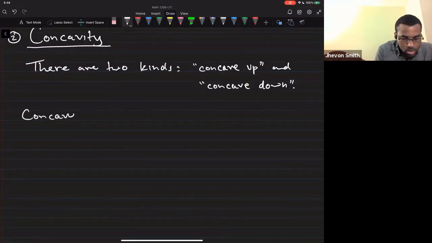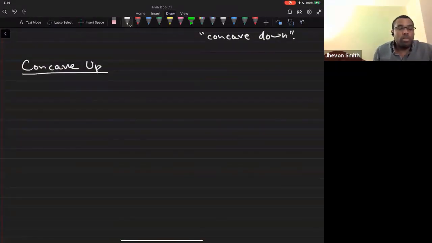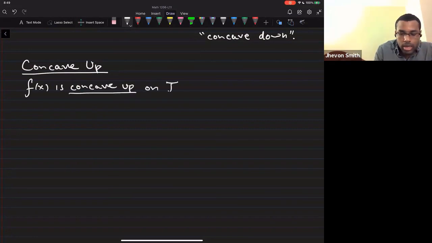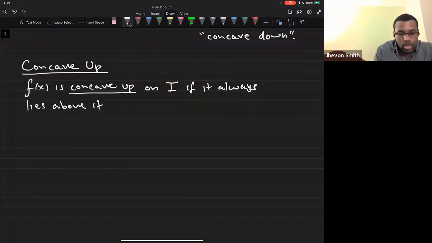Concave up. What does it mean to be concave up? We say f of x is concave up on I if f always lies above its tangent lines